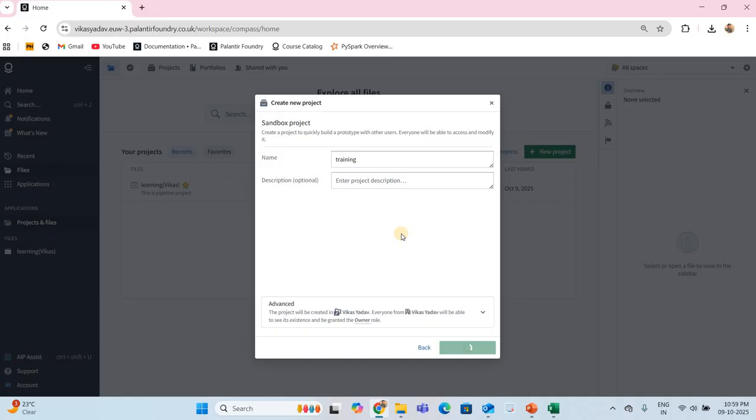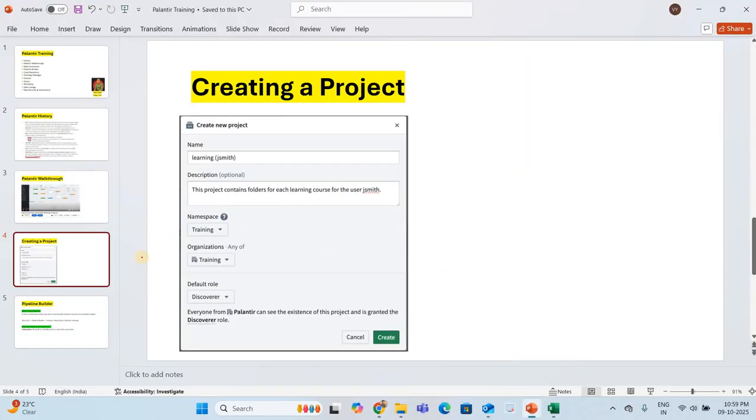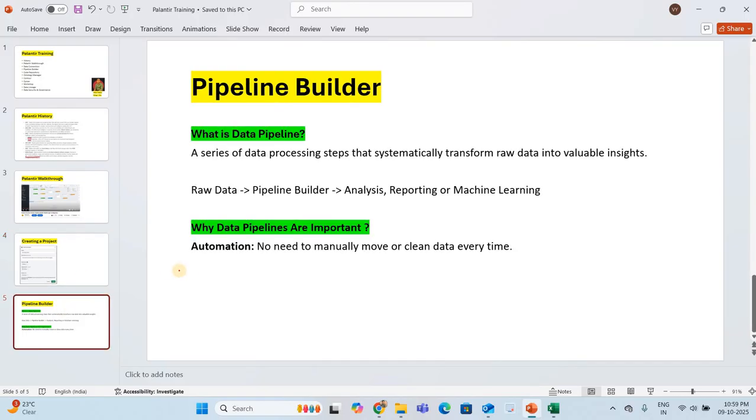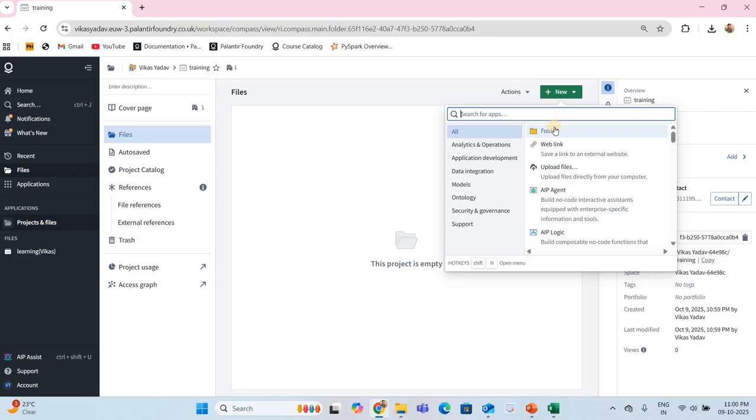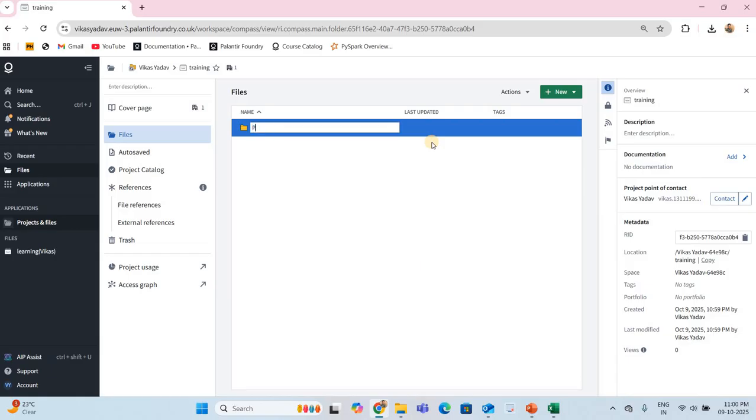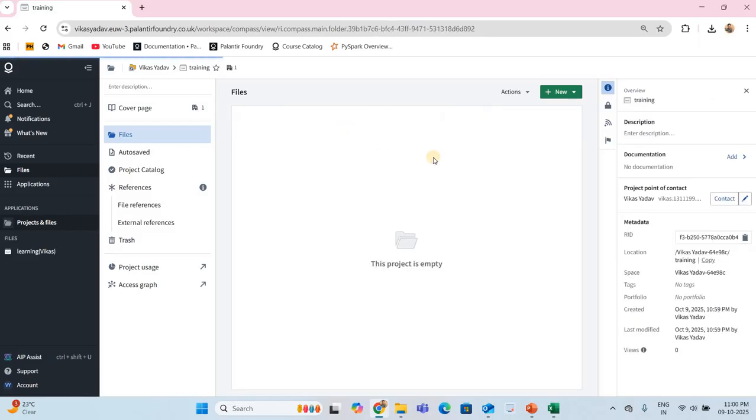In the project folder, meanwhile, let's go and understand pipeline builder. Meanwhile I'll go once that folder is created. So this got created. This training project has been created. Now inside this I am going to create the project specific folder. This is nothing but pipeline builder. I am giving it the name pipeline builder. So this is our project specific folder. Inside this we will create a pipeline.